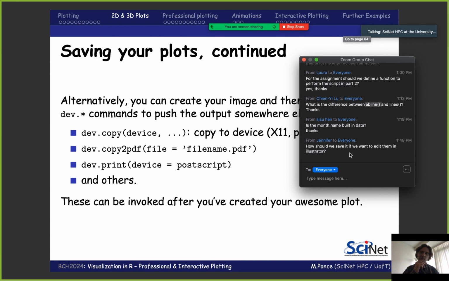But I'm thinking mostly that you will prepare everything you have to do for the images to go to your journal within R, and I will show you most of the tricks that you would probably use, and maybe something else. I try to prepare my plots in a whole script and functions whose goal is to produce the plot.